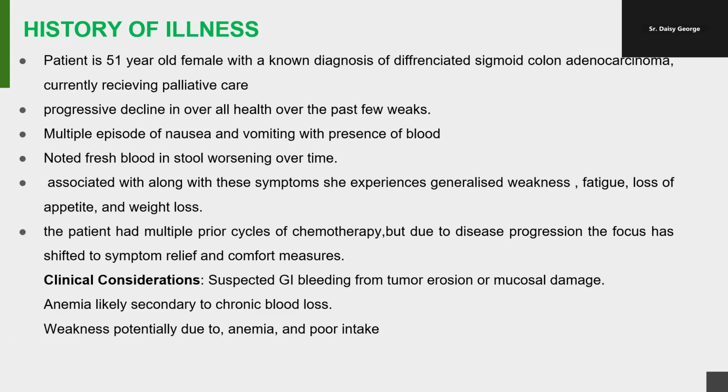History of illness. A 51-year-old female patient with a known diagnosis of differentiated sigmoid colon adenocarcinoma, currently receiving palliative care. Progressive decline of health over the past few weeks. Multiple episodes of nausea and vomiting with the presence of blood. Noted fresh blood in stool worsening over time. Associated along with these symptoms